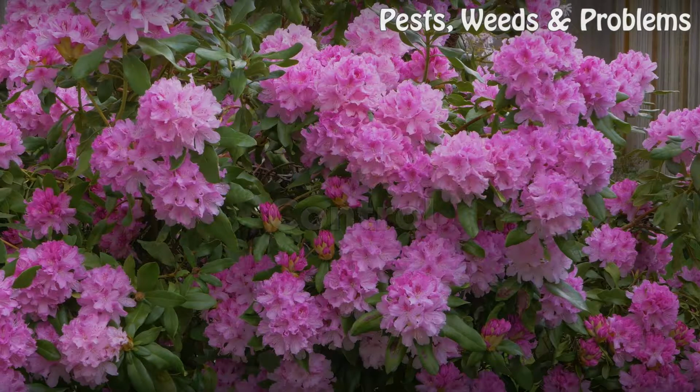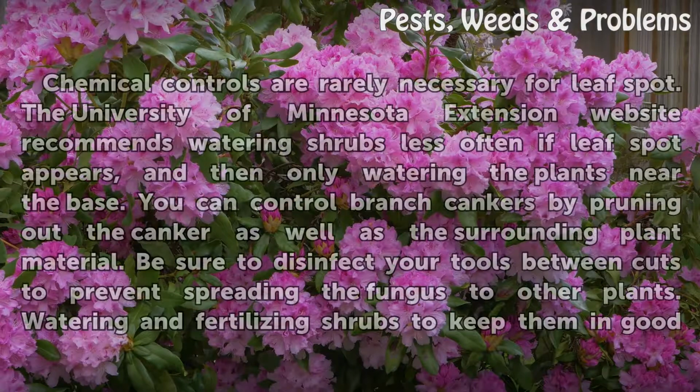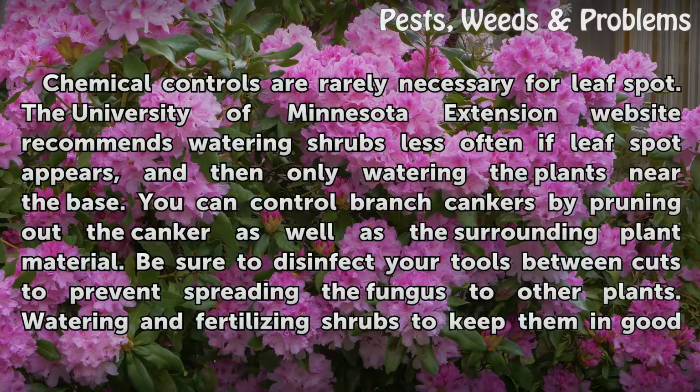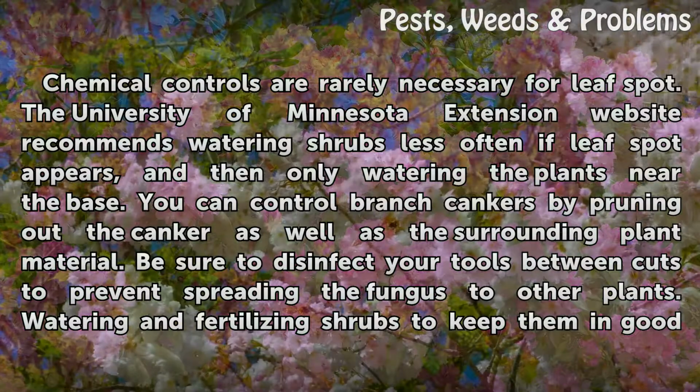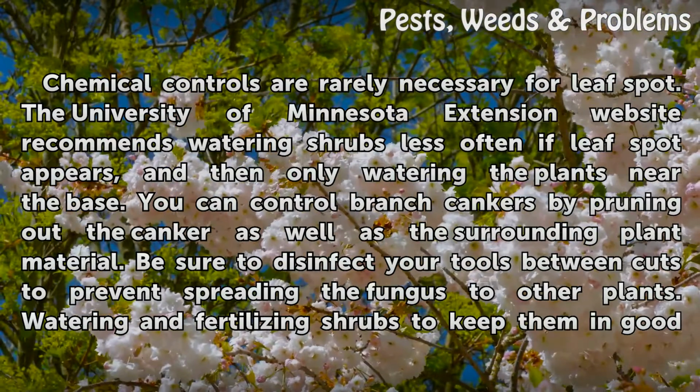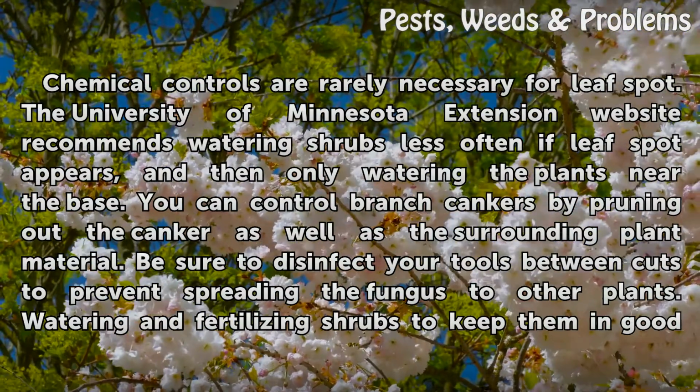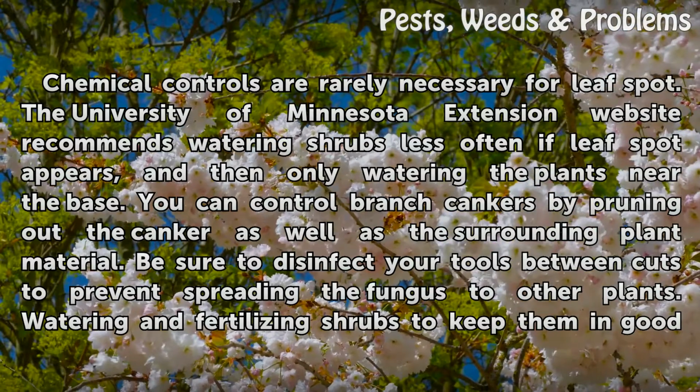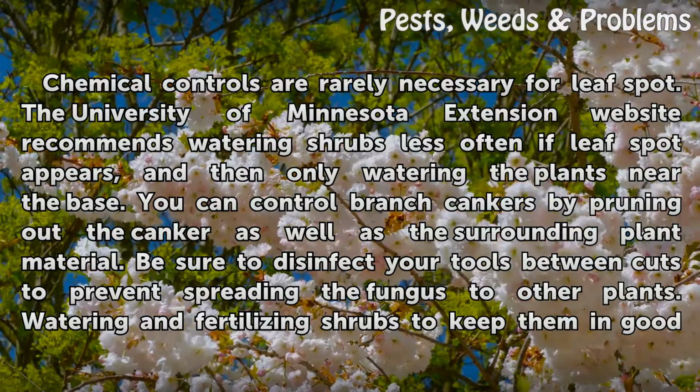Control. Chemical controls are rarely necessary for leaf spot. The University of Minnesota Extension website recommends watering shrubs less often if leaf spot appears, and then only watering the plants near the base. You can control branch cankers by pruning out the canker as well as the surrounding plant